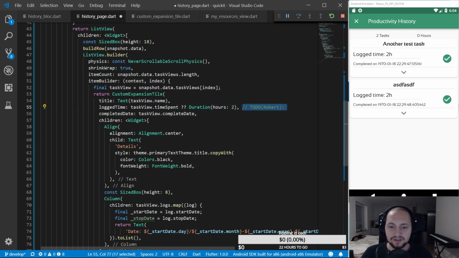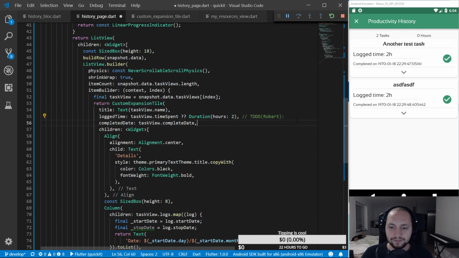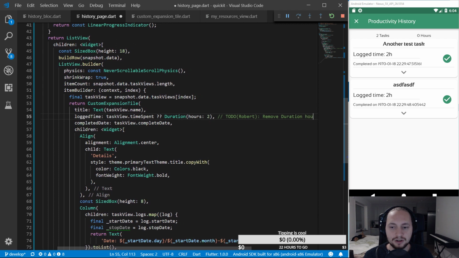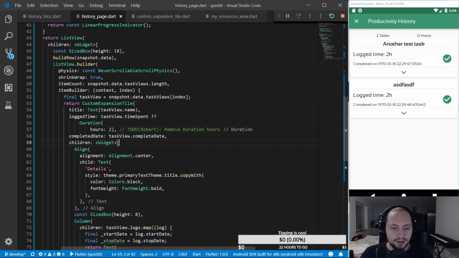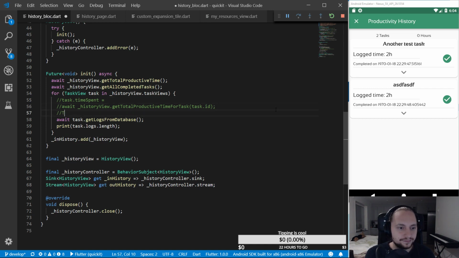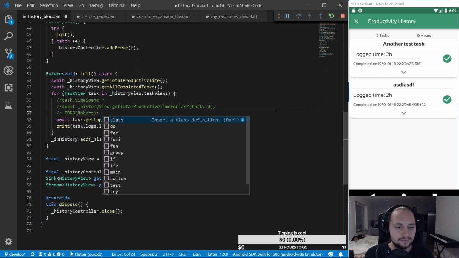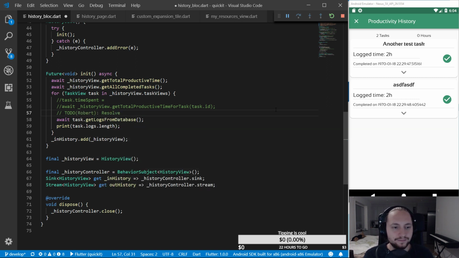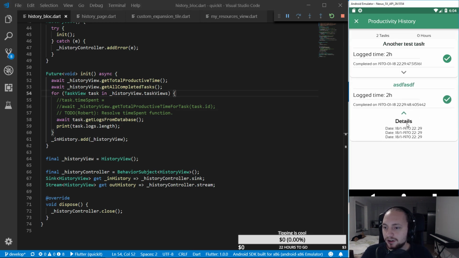Actually, we will not make a, yeah. Oh, remove duration like that, and we're going to make a to do here. Resolve time spent function. Like that. So now we are getting